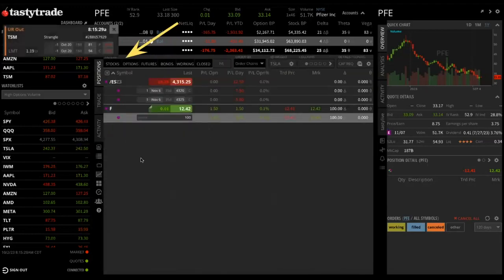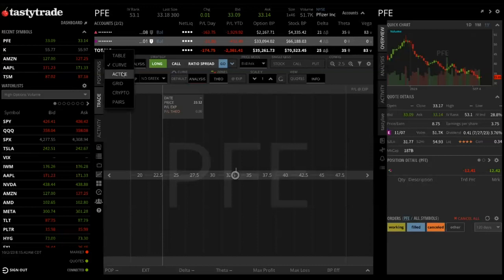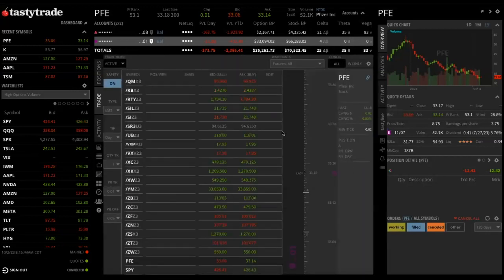So I'm just going to cancel that, but great. Let's see, we're asking about the active trader tab too. Let's go ahead and hop into the active trader tab. So this is, I kind of love the active trader tab. It's a lot of fun, but this is where a lot of people like to go and trade futures or just like outright contracts. You won't be able to trade options in here,